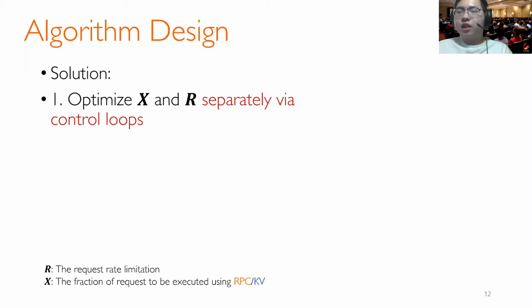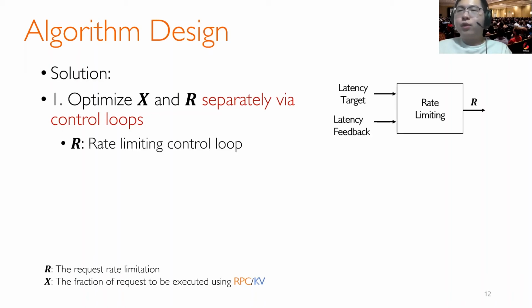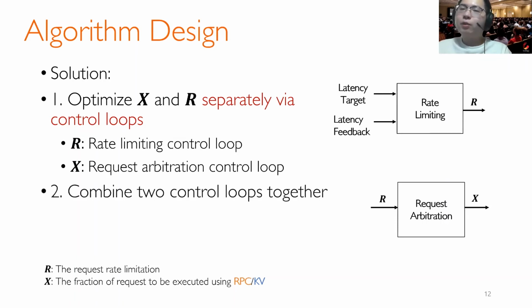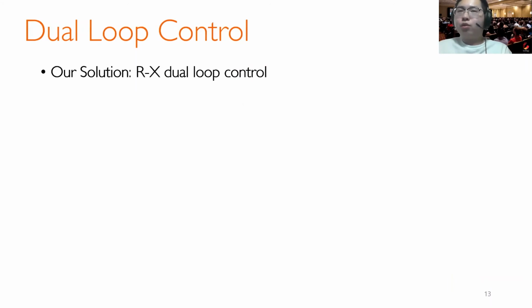by using control loops. And so we have a rate limiting control loop, which tries to keep the latency within the latency target while still maximizing the throughput. And we have a request arbitration control loop, which tries to find the optimal fraction of requests to be executed using shipping data or shipping compute. And we combine these two control loops together to build a dual control loop design. So our solution is a dual control loop,